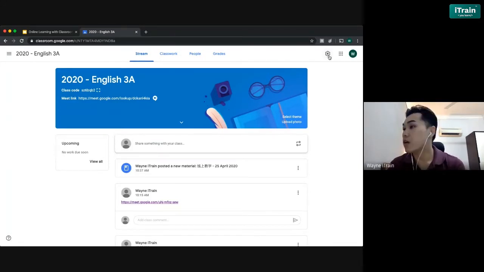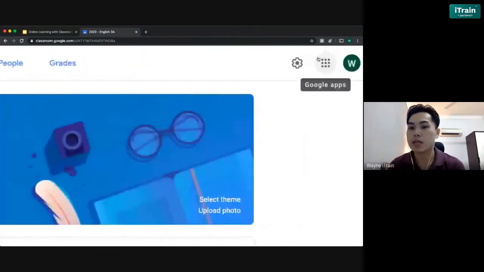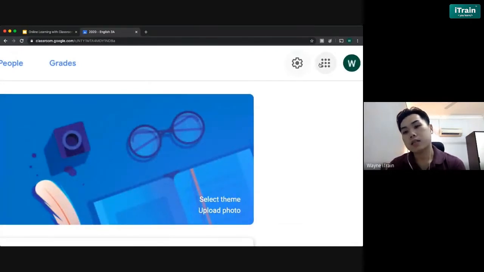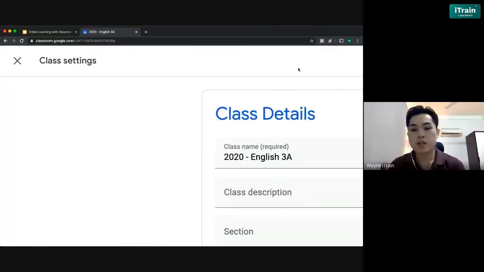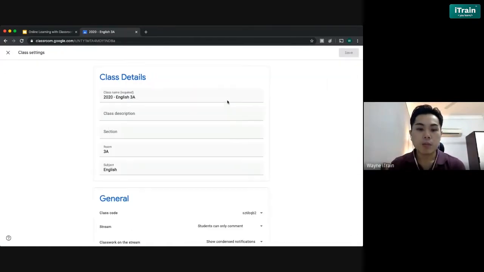So you can see there's a little gear button over here, okay, on the top right. Let me zoom in and let you see. So on the top right, you get to see a gear button, which is next to your Google Apps button. So you just have to click on your settings, okay, and then you'll be directed into